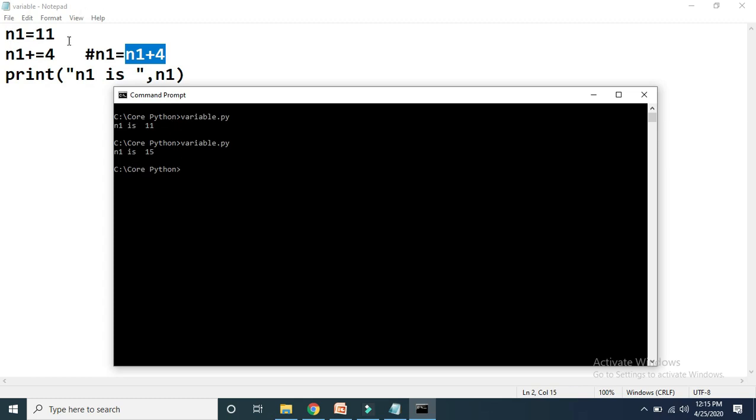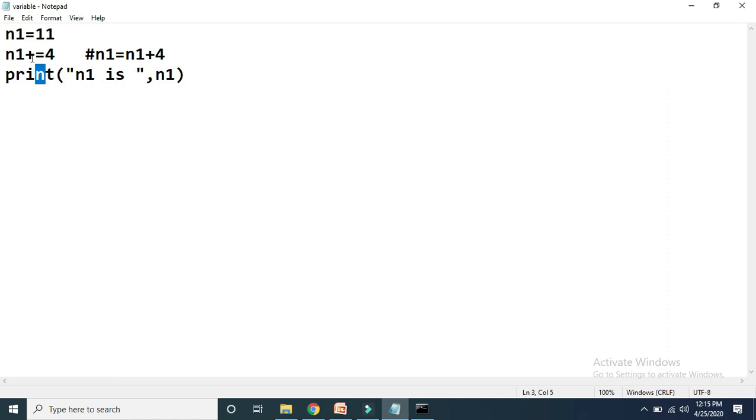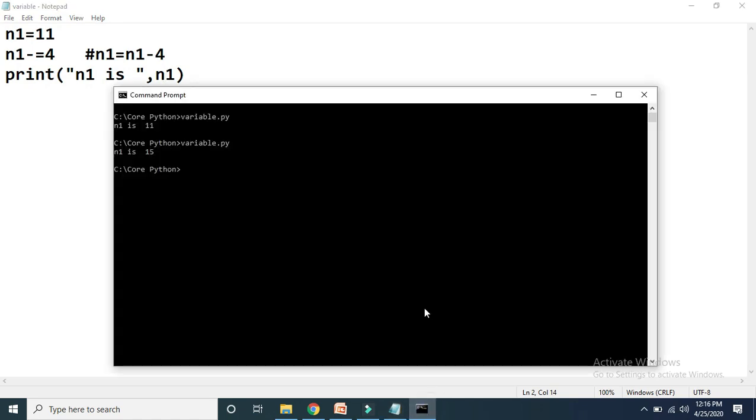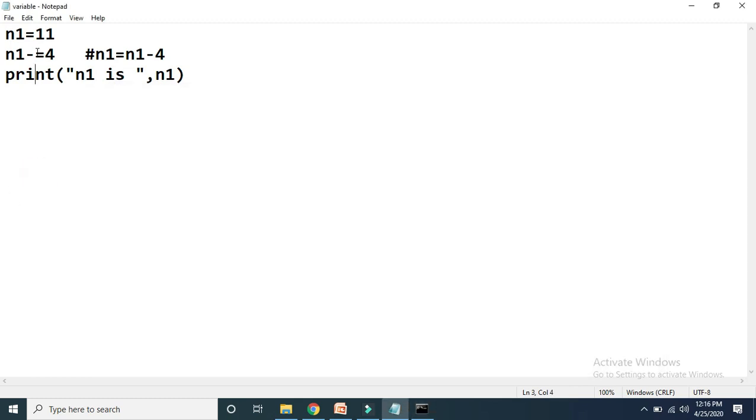Similarly, subtraction assignment is also there. Instead of plus, if I write minus, instead of performing addition it will perform subtraction. After execution of this line, n1 initially 11 minus 4, so the new n1 will become 7. Let me show you the output. See here, we have got n1 as 7. Similarly, multiplication assignment is also there. You can replace subtraction by multiplication.